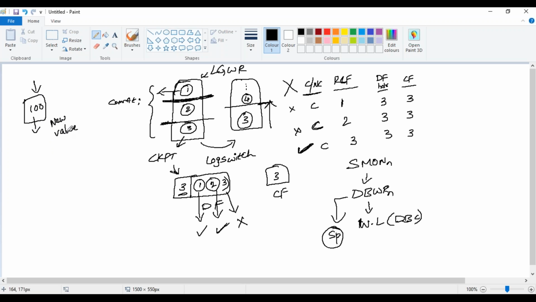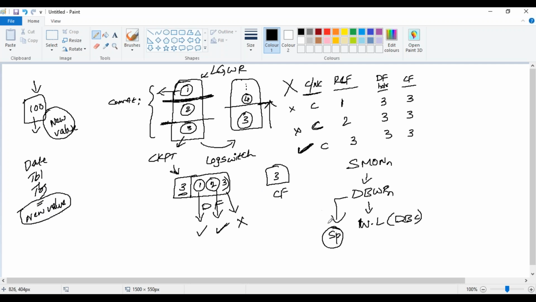If you remember, redo entries will have this new value. When we discussed it, I told you it will store date and time, table name, tablespace name, etc., and it will also store the new value. So the server process will take the help of this redo entry, which has the new value,